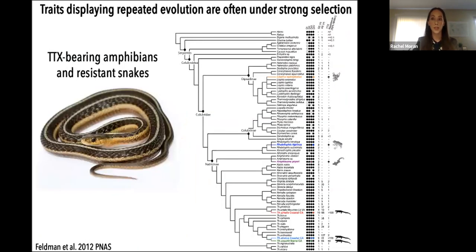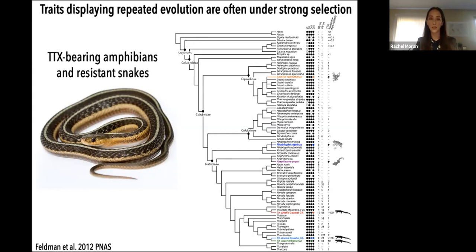Systems where repeated evolution has occurred offer really powerful means to investigate this question, because traits displaying similar phenotypes in response to biotic and abiotic pressures are often under strong selection. One of the most iconic examples of repeated evolution is resistance to tetrodotoxin, or TTX, that's appeared in multiple lineages of snakes. This is probably best known from the study system of the common garter snake that preys on newts in